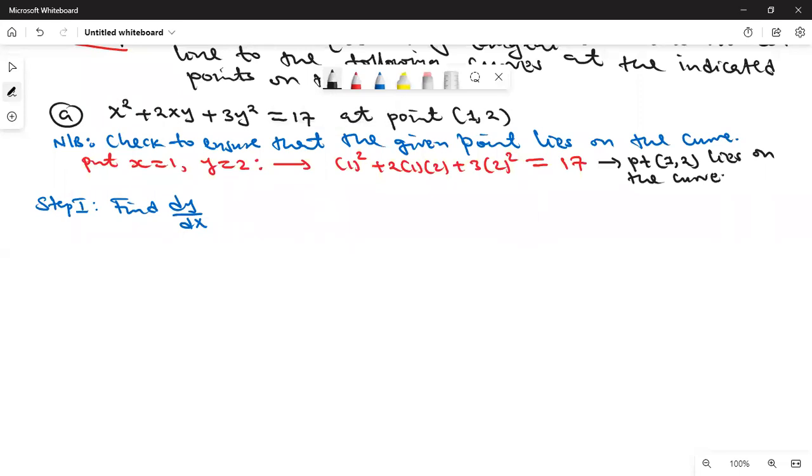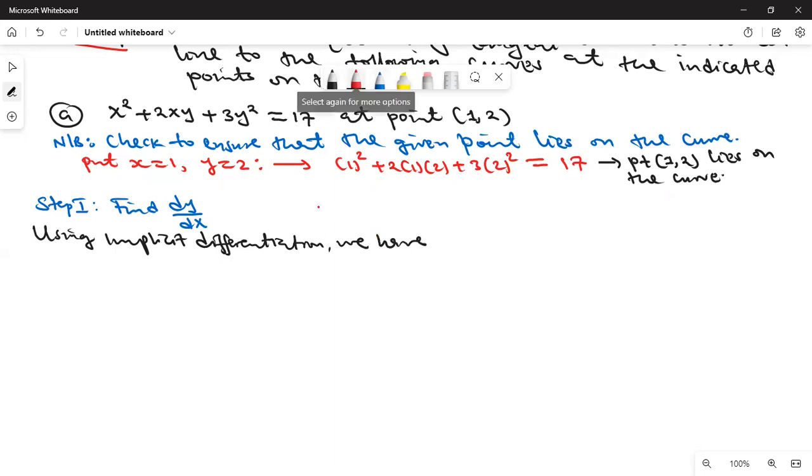So using implicit differentiation, we have, let's differentiate this one. Let me bracket it so that you see what you are differentiating. This is what I'm differentiating, this equation. Let's differentiate x squared. That will give us 2x